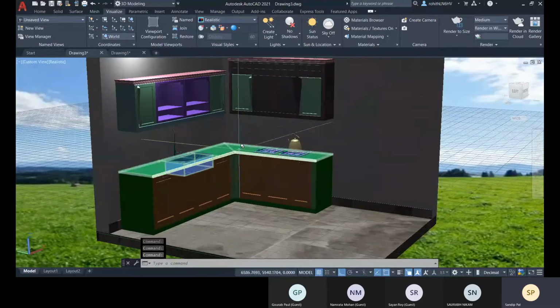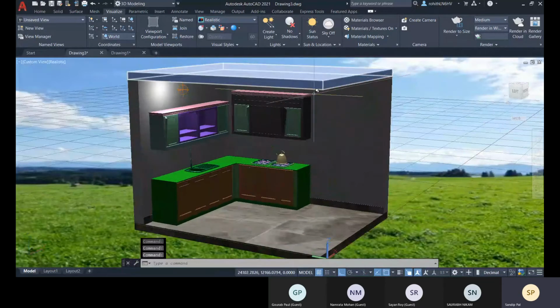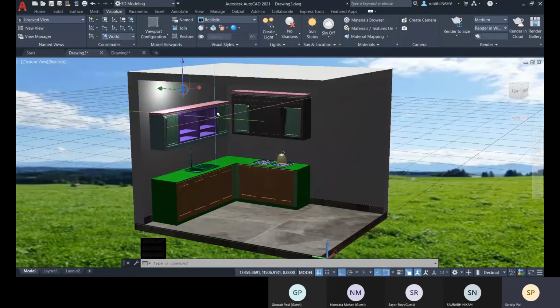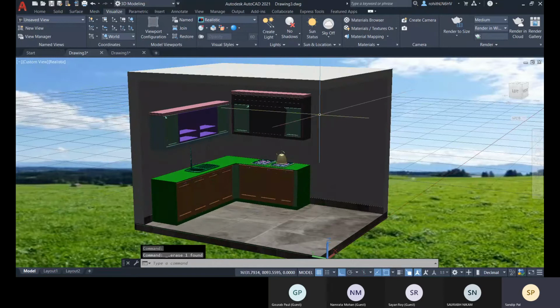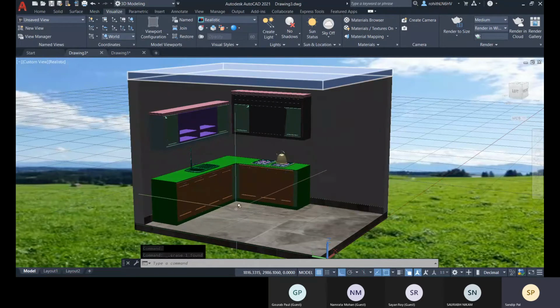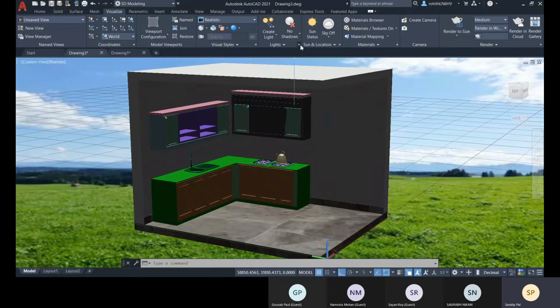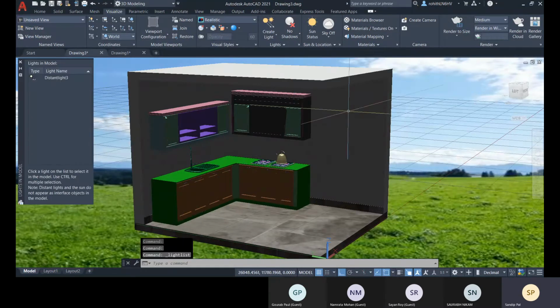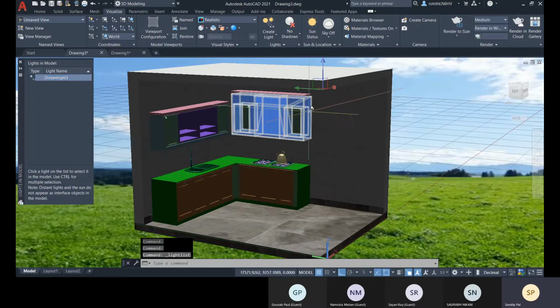Because you cannot see the light source like this point light, let me delete this point light, so that you cannot select it, right? For that we have the light list. This icon is the light list. There you see this distant light is available.